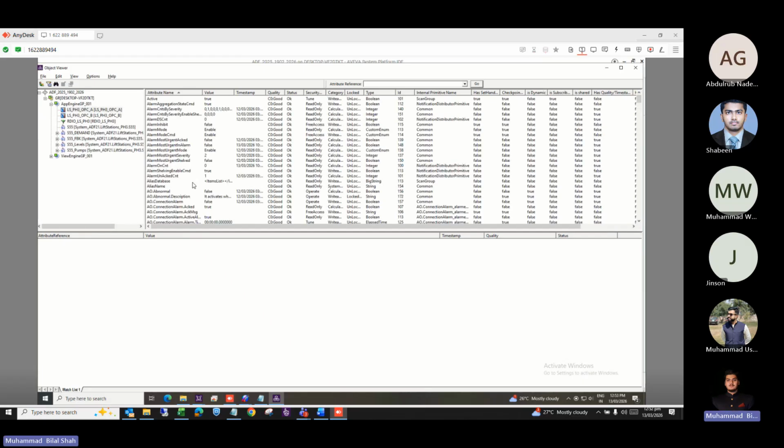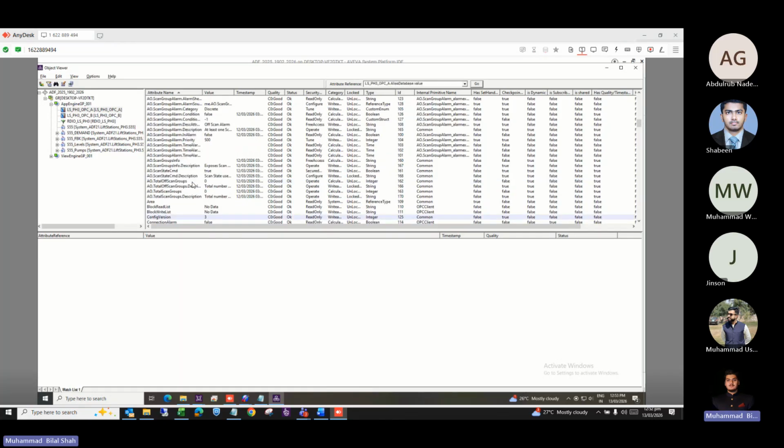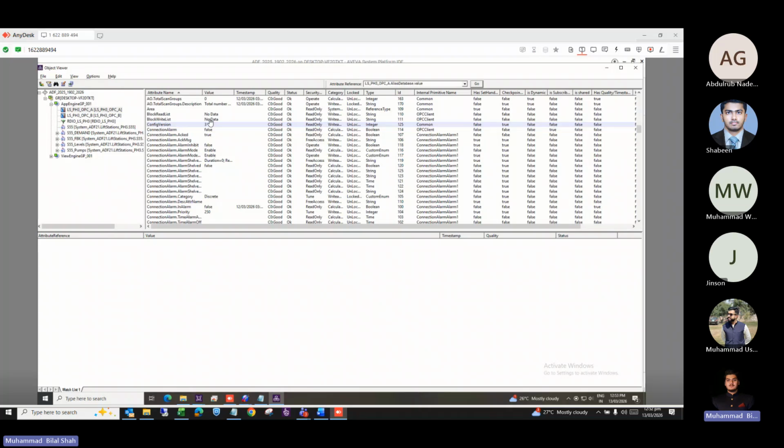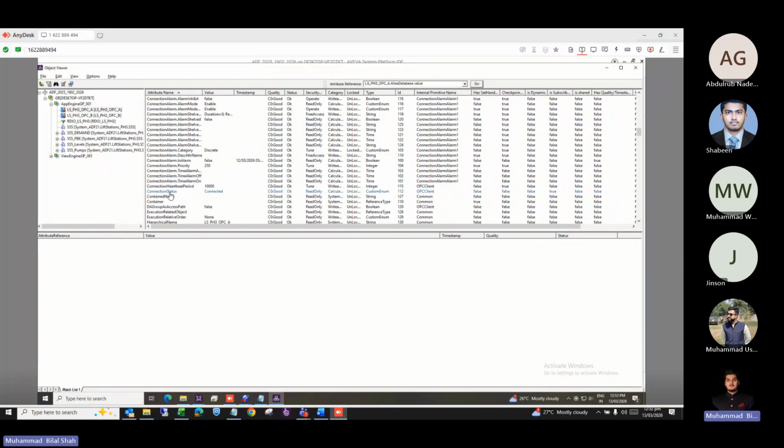After it is opened, you'll click on it and just type connection, CONN. So you'll get the connection status over here. Just right click on it and add to watch, and you can see that the value is connected and